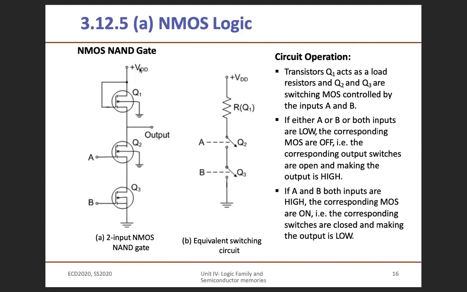Your output will be taken from VDD, again equal to 1. Your output will equal 0 only if A and B are both high. Now if A is high and B is high, both transistors Q2 and Q3 will turn on. That is, both transistors will be driven to the saturation region, so this will be a closed circuit, and this will be a closed circuit. Finally, your output will be taken from ground. Therefore, you will have 1, 1, 1, 0. You know the truth table of the NAND gate.